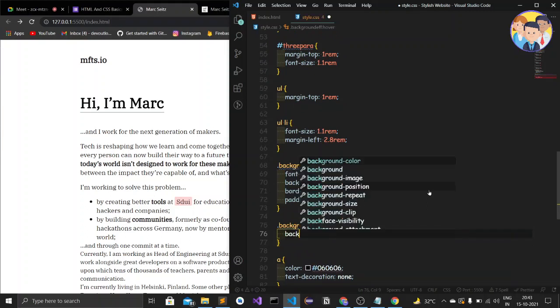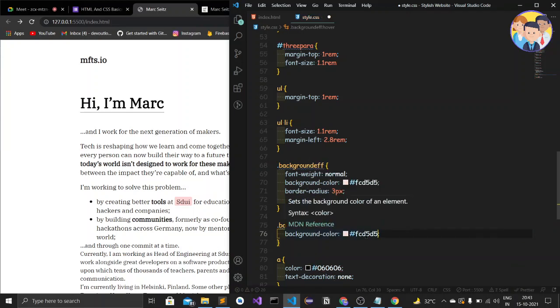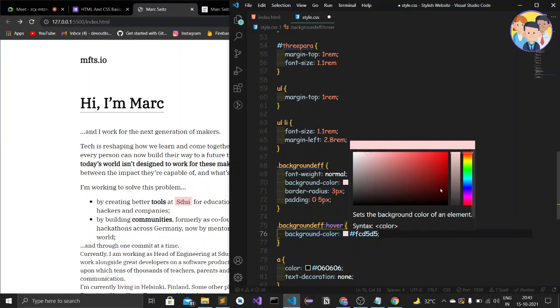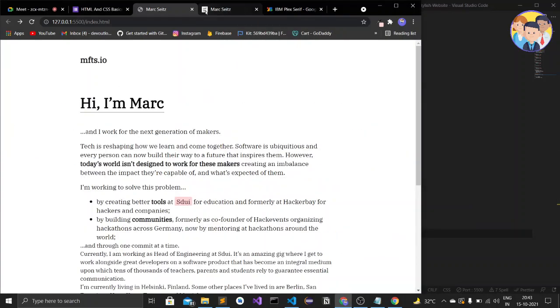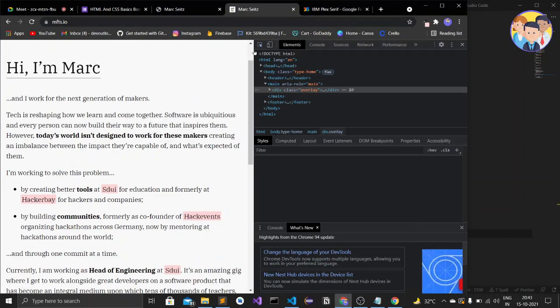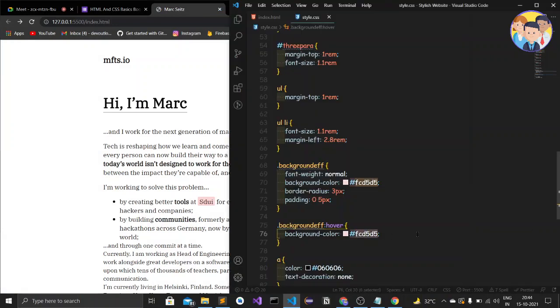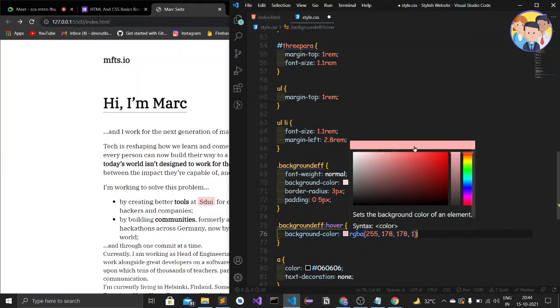Background color, we'll add this color only, but in a darker shade. Okay, this is the same color. I've got the color, but I forgot. Let's see it in the inspect. Here let's come to this element, and after hovering, this is the color, so let's paste it here. Okay, this is the color. Okay, it's perfect.